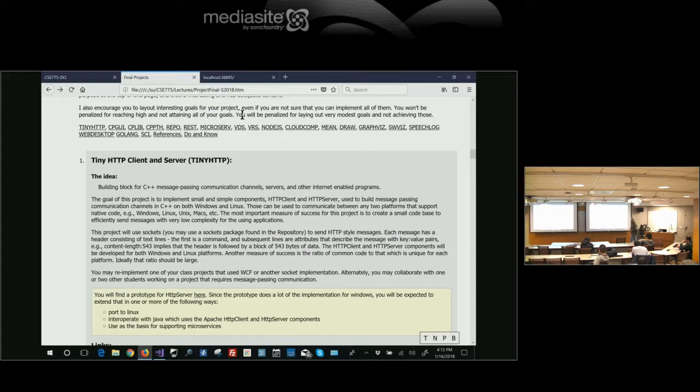So not only will it work for cross-platform development, but it'll work really nicely to enable communication between parts of a distributed system. And also, now I could have a Java application running on Linux using the Apache HTTP client and server, that talks to my C++ application running on Windows that uses the tiny HTTP client server. Cross technology communication.